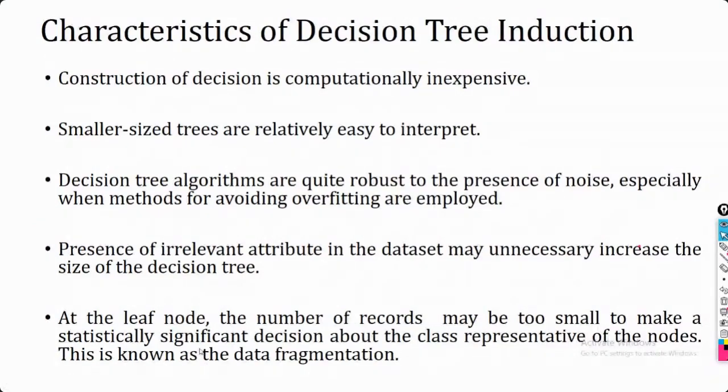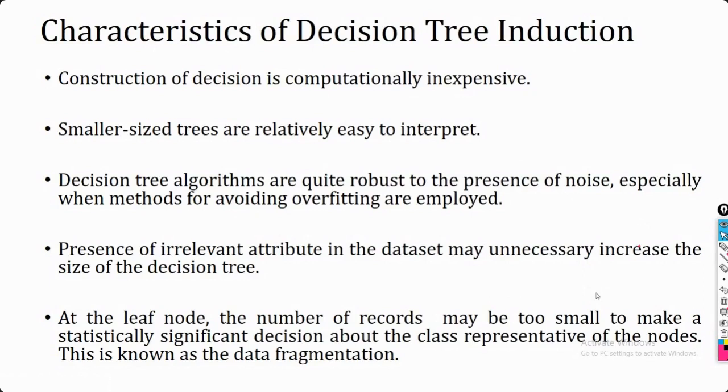At the end of your tree, you are having a very small number of instances to decide. So this sometimes leads to a problem. Although the concept is the same, we need to divide and divide until we reach a stopping criteria. When you stop, in order to decide what the class label should be, we are only using some sets of the instances. This is not that expensive. We just need to perform some calculation, and based upon that calculation only we are able to make our model.